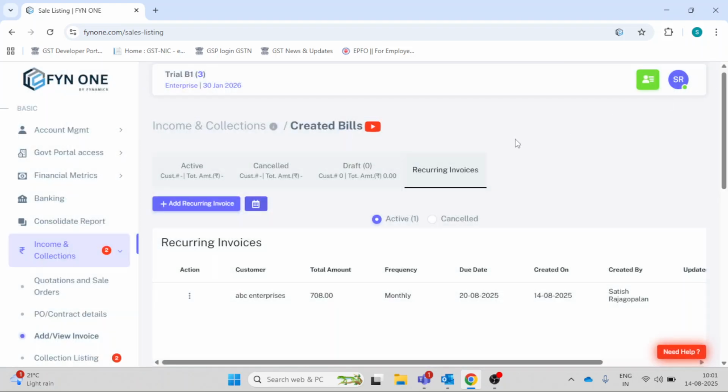So this is a very useful feature. The same concept we are going to repeat for purchases, for other income and other expenses also very shortly, so that the time spent on data entry is drastically reduced and you're just focused on core business while FynOne takes care of